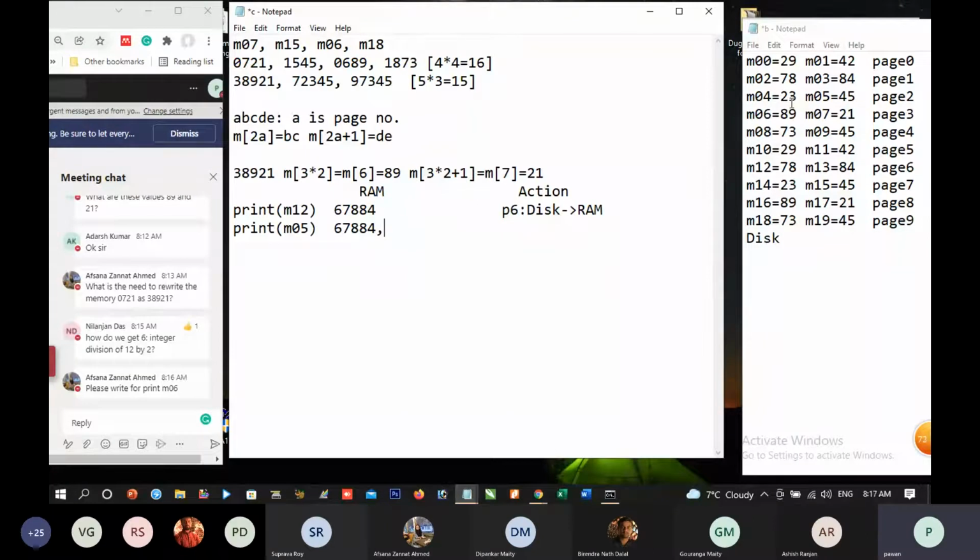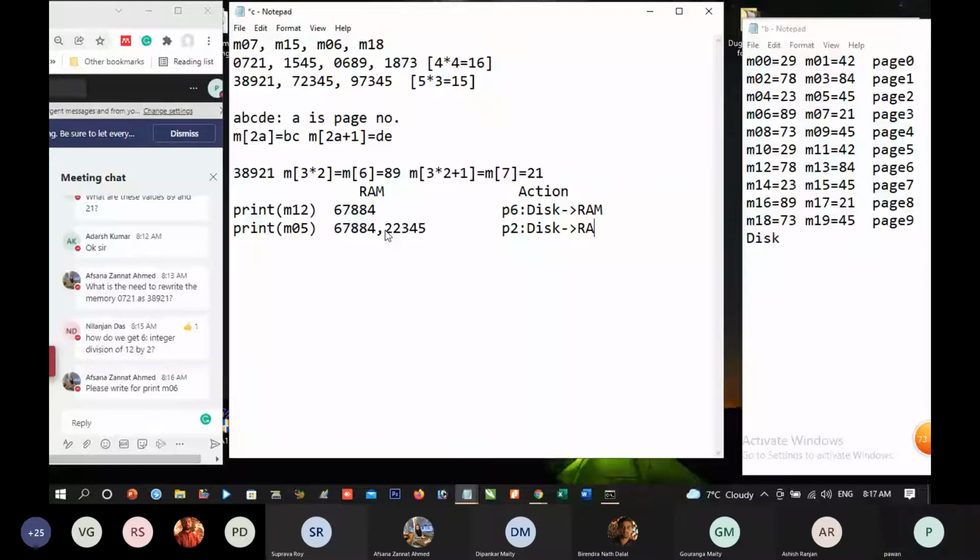Page 2 is 2345. And the action taken will be page 2 is transferred from disk to RAM. Is this all right to you?